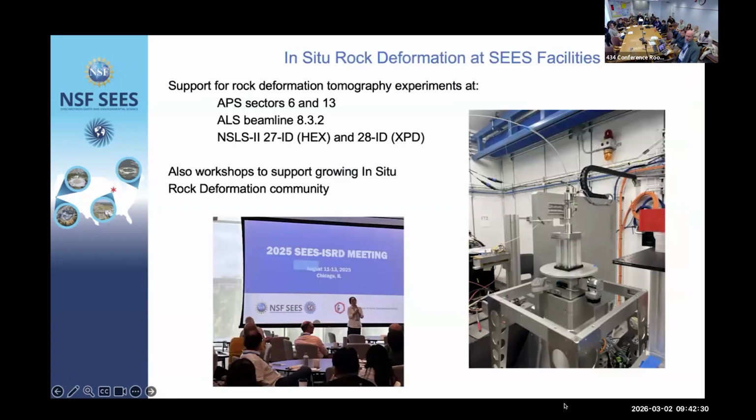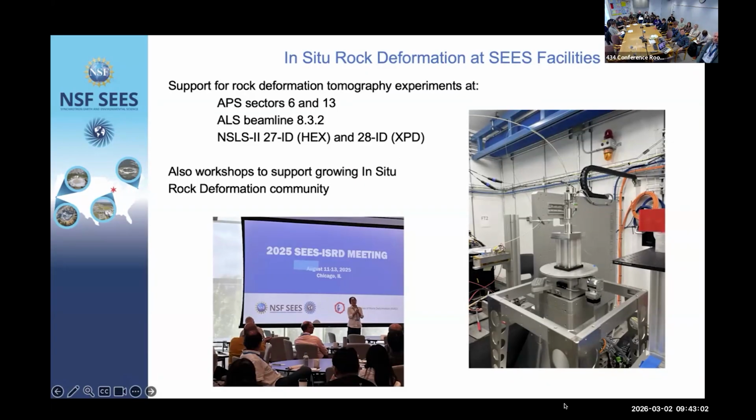And as part of that, we've not only continued to support the existing beamlines, but we've made new investments at a variety of beamlines across SEAS, specifically to support in situ rock deformation and particularly, I guess, upper crustal conditions that Wen was focusing on. In addition to continuing the rock deformation studies at sectors 6 and 13, we've made new investment at sector 6 with new